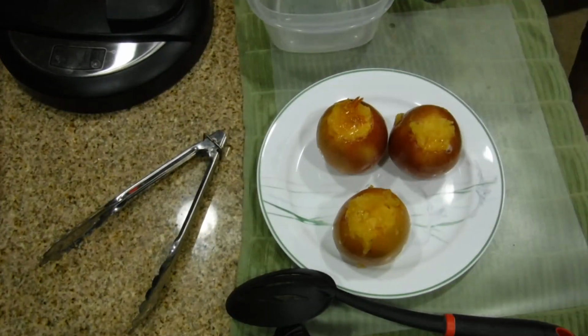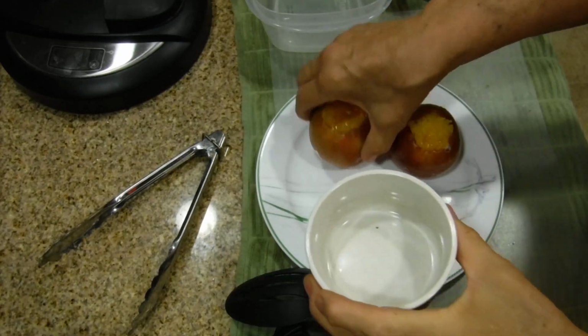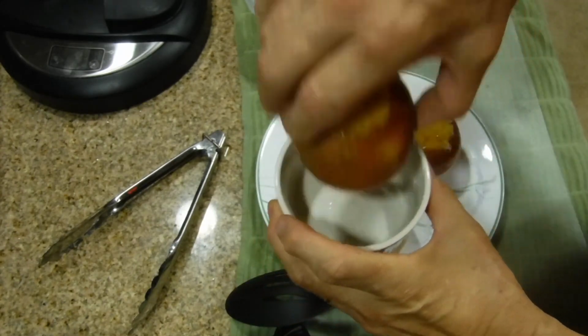And then you would serve it with something like this. And you take your apple and then like this. Now then you could dig right into it. But to show you the center,